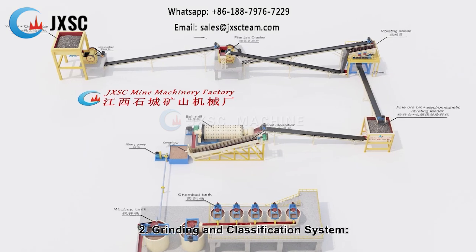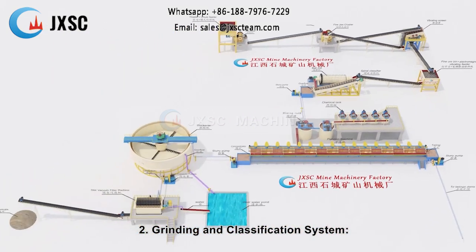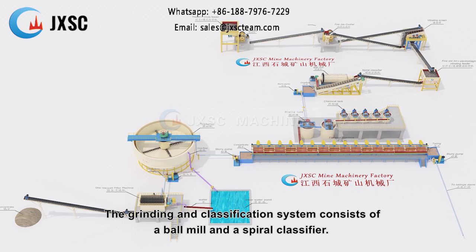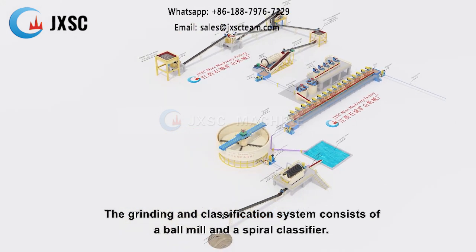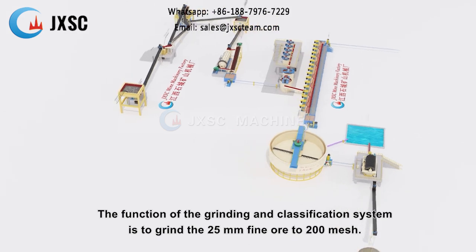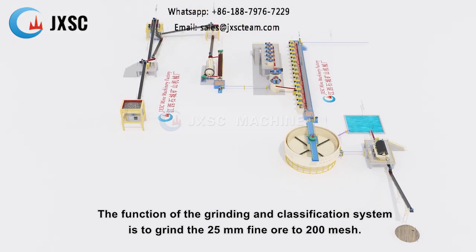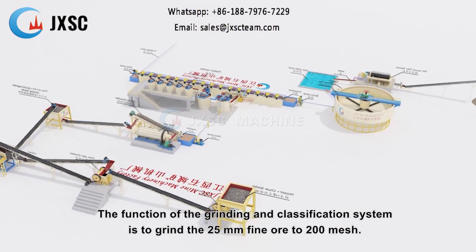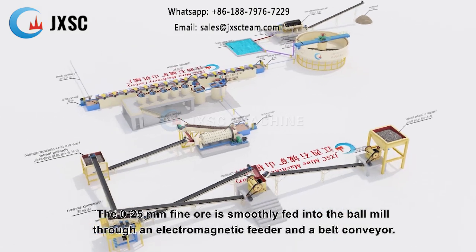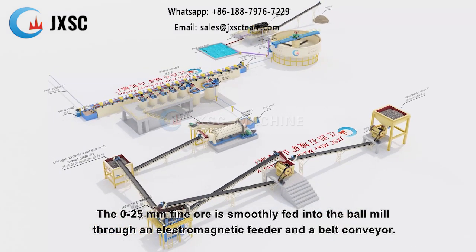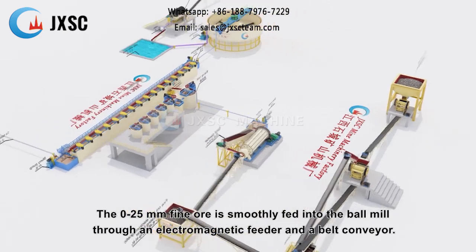2. Grinding and classification system. The grinding and classification system consists of a ball mill and a spiral classifier. The function of the grinding and classification system is to grind the 25 millimeter fine ore to 200 mesh. The 0 to 25 millimeter fine ore is smoothly fed into the ball mill through an electromagnetic feeder and a